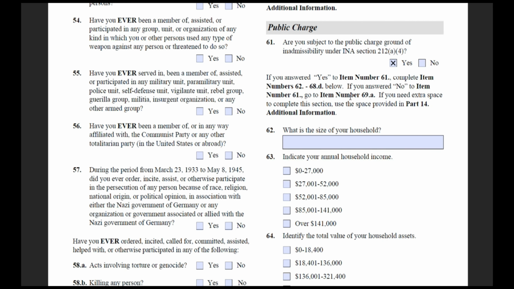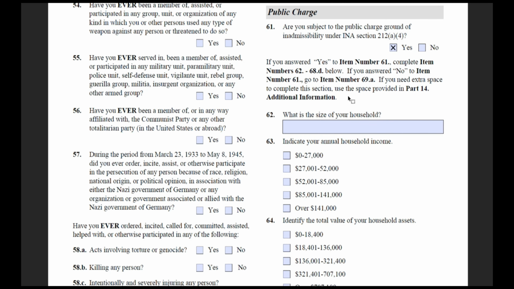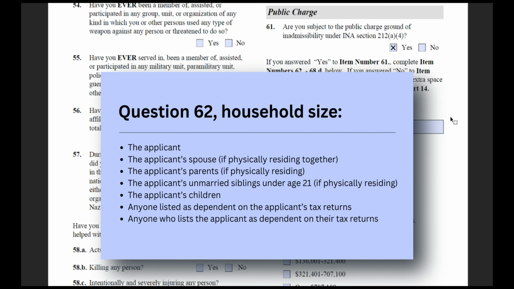Moving on to question 62. Here, you are asked to provide the size of your household. This number may not be the same as the household size listed on your affidavit of support form I-864. In this particular question, you will also see that in the form instructions, you can count the following people as